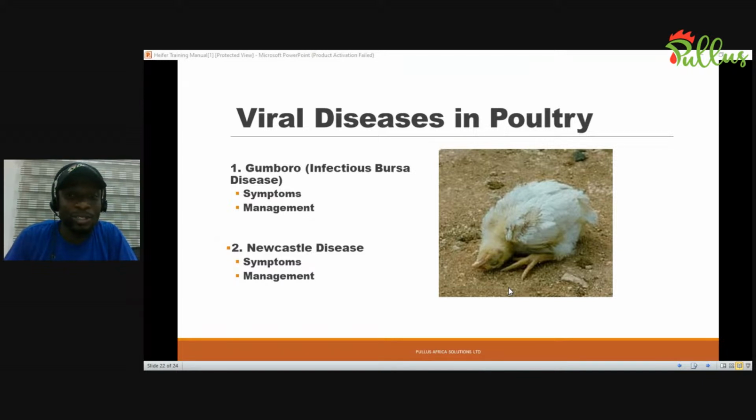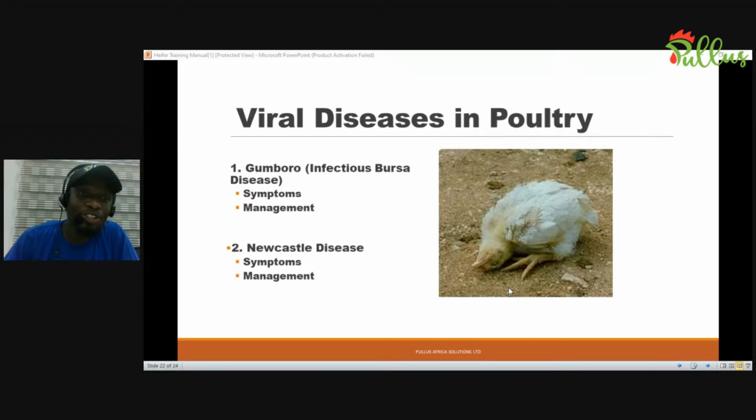So at any point in time you have any viral challenge, it is very important to note, one, make sure you dispose of your litter properly. Dispose of it far from your environment so that you don't have a reoccurrence of that problem. Number two, after that cycle, make sure that you wash all the equipment and tools that you use, your feeders, your drinkers, you wipe your thermometers, you wipe your weighing scale, and you wash the entire pen.